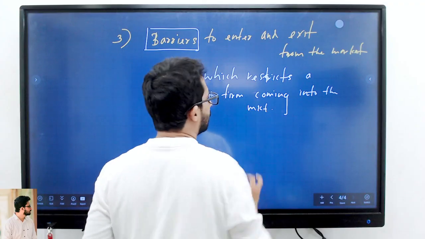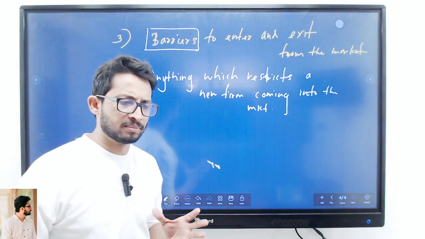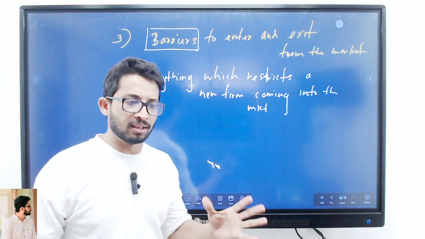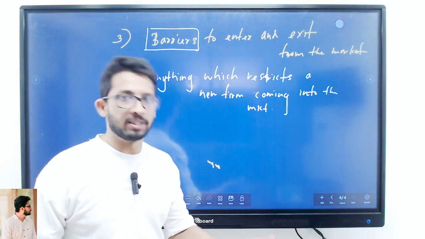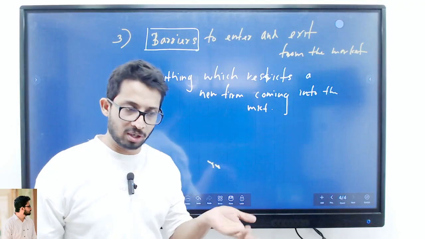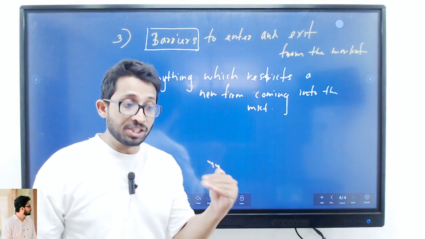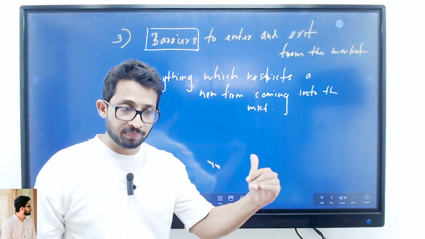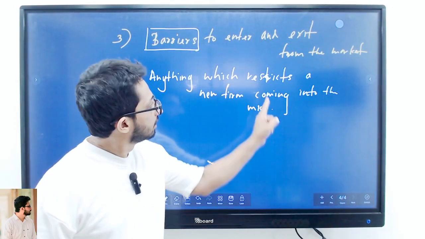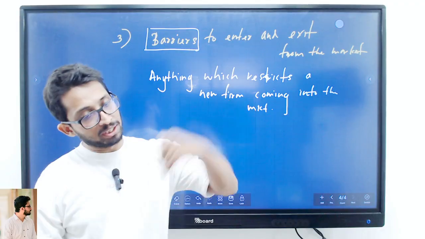So what does it mean? Barrier means any kind of thing. It can be a legal barrier, a technical barrier, or a natural barrier, whatever. Anything which restricts, limits, or prevents a new firm from coming into the market,